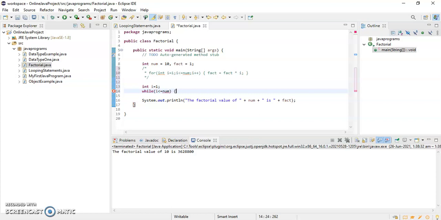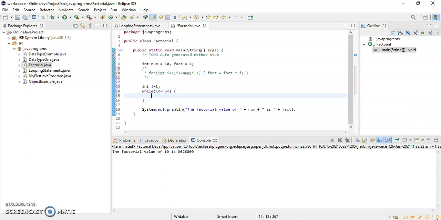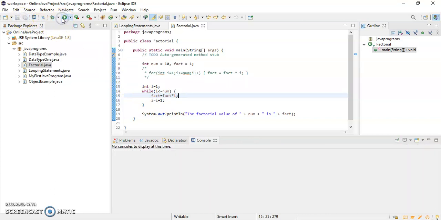Then we give i is equal to i plus 1, and before that we write fact is equal to fact into i. The logic will be the same, but the syntax will be different. Now if I run this, I'll get the same output.